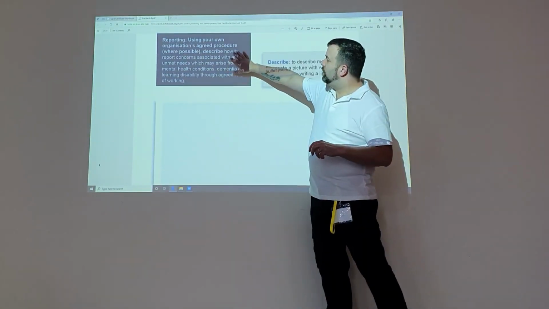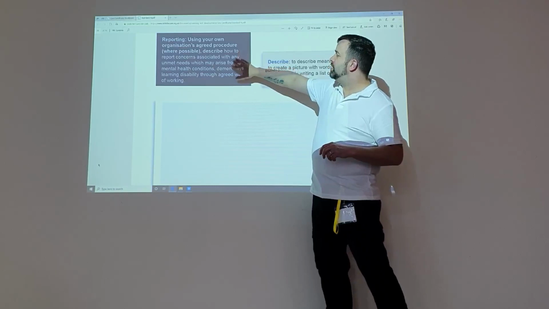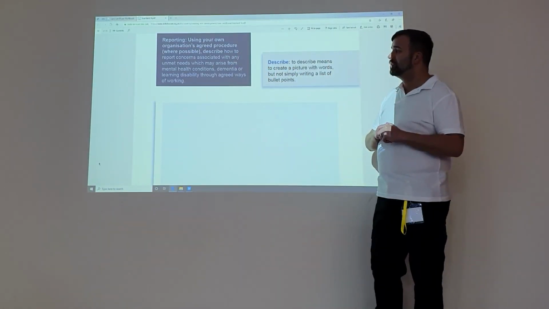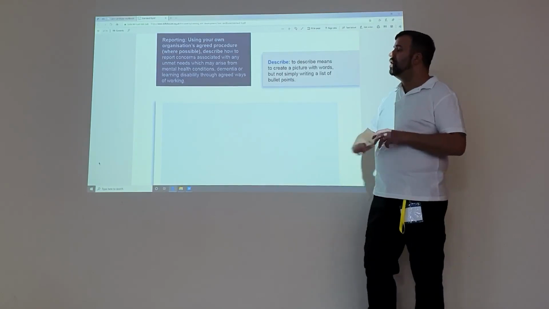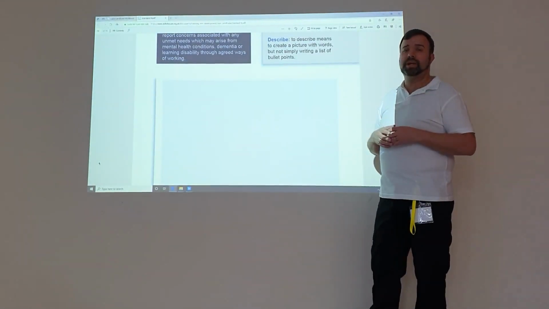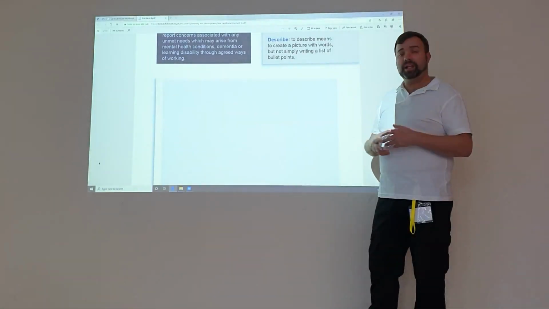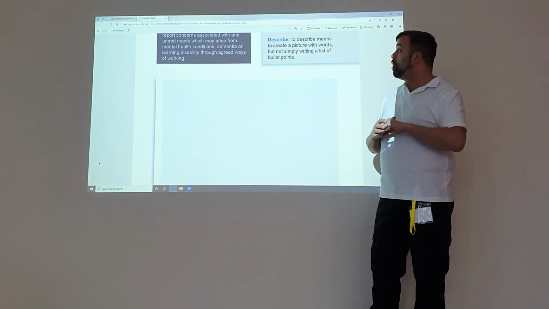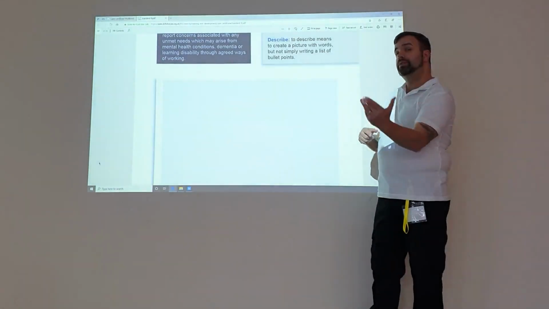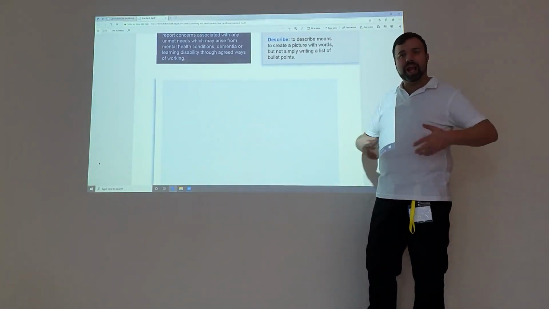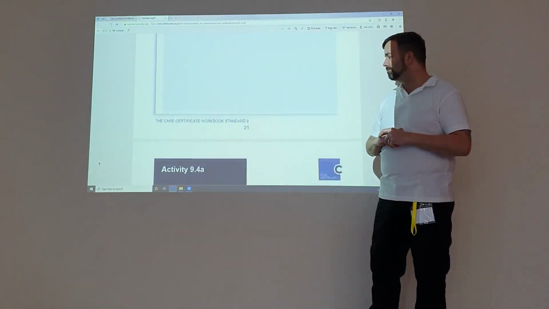Here, in your own organisation, including procedures, describe how to report concerns associated with unmet needs and mental health conditions. So, for example, you may have an elderly lady or an elderly gentleman with dementia who's got an unmet need, so maybe their personal hygiene is not being met because they're constantly refusing, or maybe you can see they're incontinent and they're refusing care, and how would you help them to meet that need?